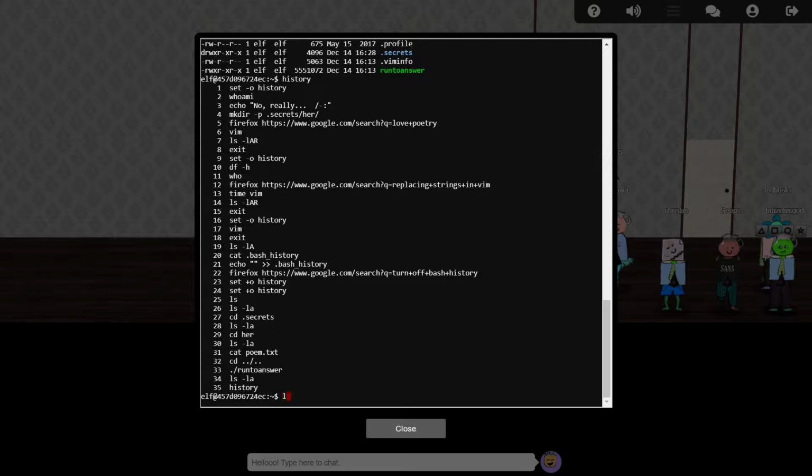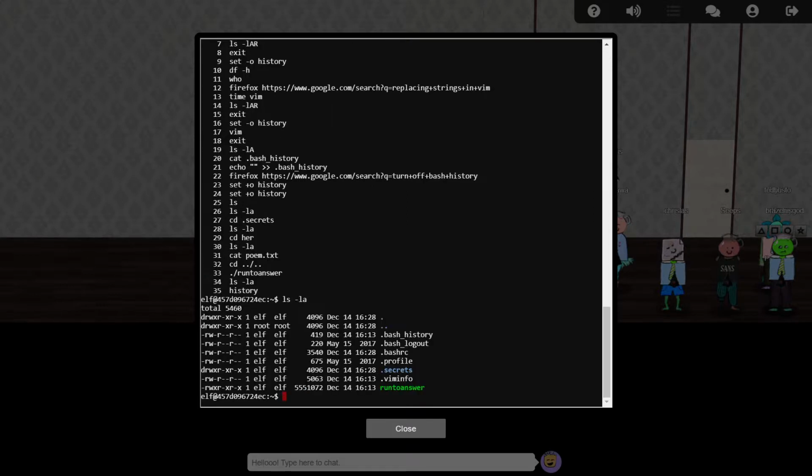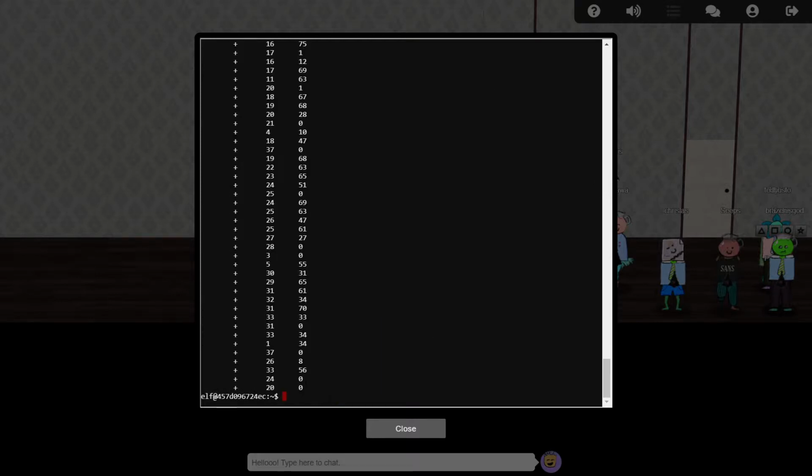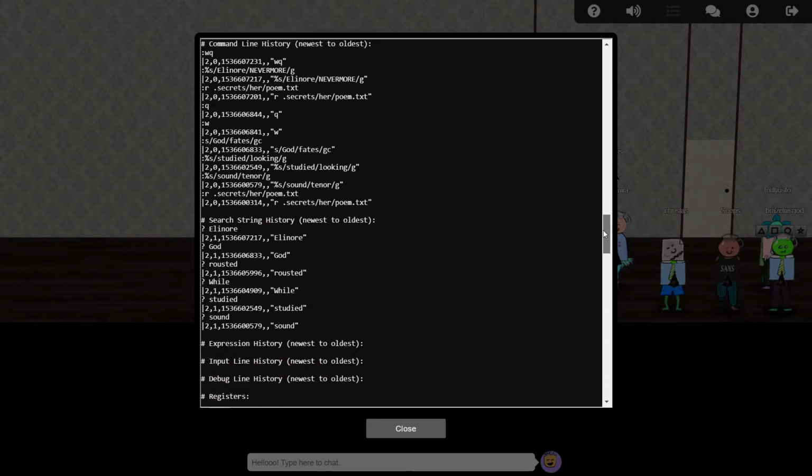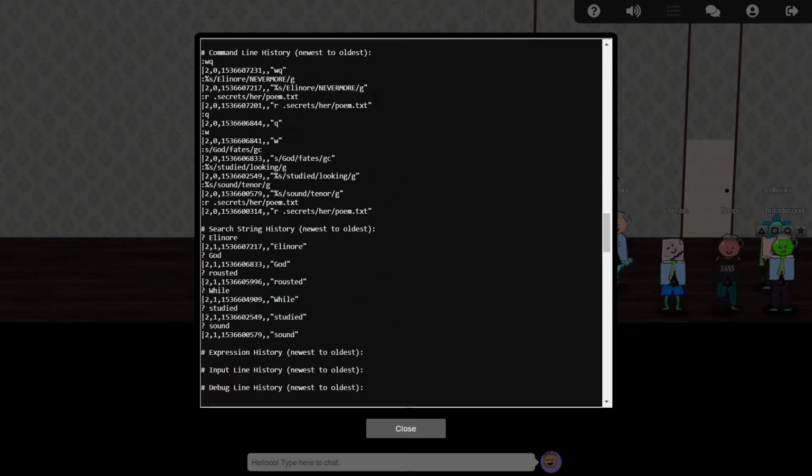Getting back to our task at hand, we need to find out who the poem was about before the name was changed to Nevermore. Luckily for us, Vim also keeps a record of its own internal command activity stored in a file called .viminfo. Here we see a series of search and replace commands which shows the word Eleanor was replaced by Nevermore.